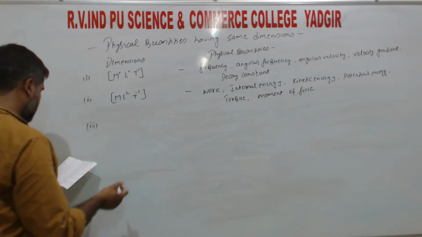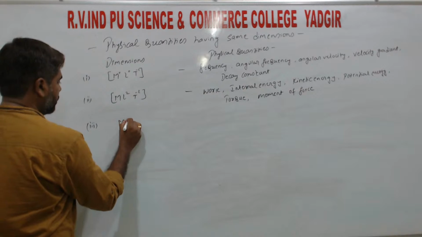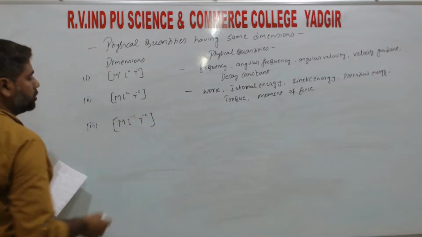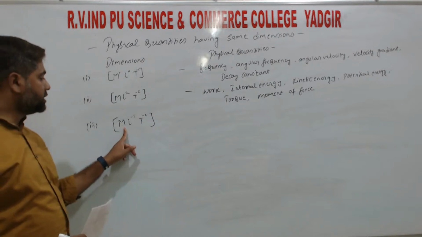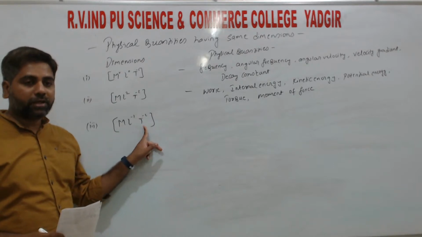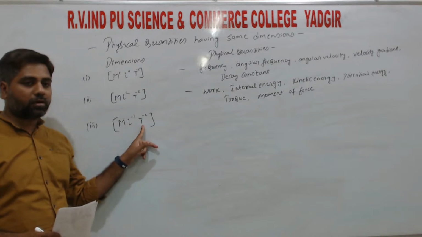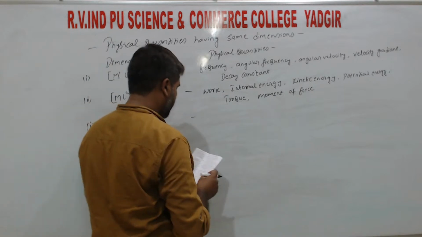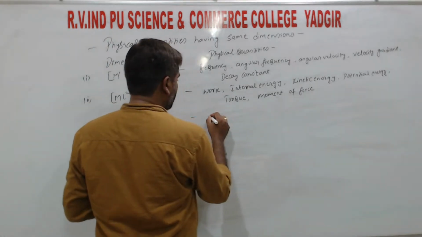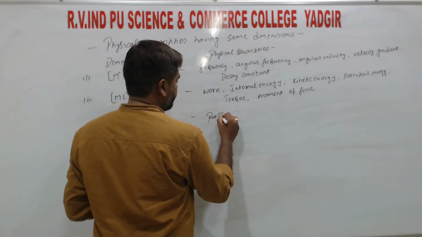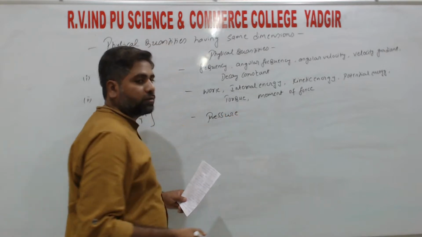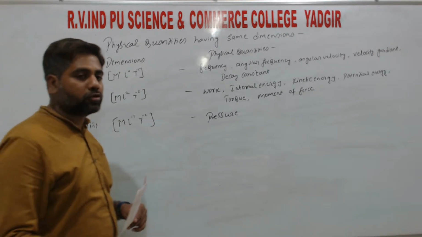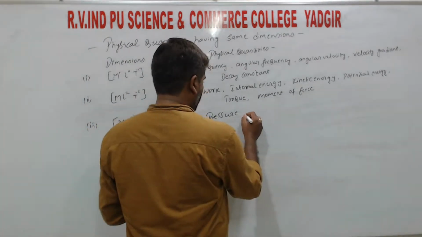So the third one is M L power minus 1 T power minus 2, right? So that is kg per meter second square. Here two terms come in the denominator, kg per meter square second square. Sorry, kg per meter second square. So this is for pressure. Pressure is force acting per unit area, that is F divided by A, force per unit area. So pressure,